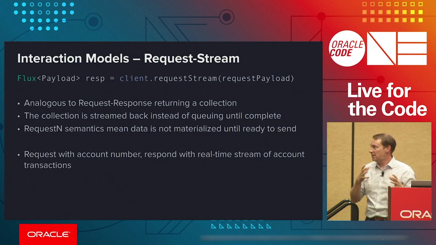But one of the key things here is the request end semantics we talked about that make up reactive programming, this idea of pull-push backpressure, because this actually makes things a whole lot easier on the producer of that data. Imagine the producer of that data is a database of some kind, right?